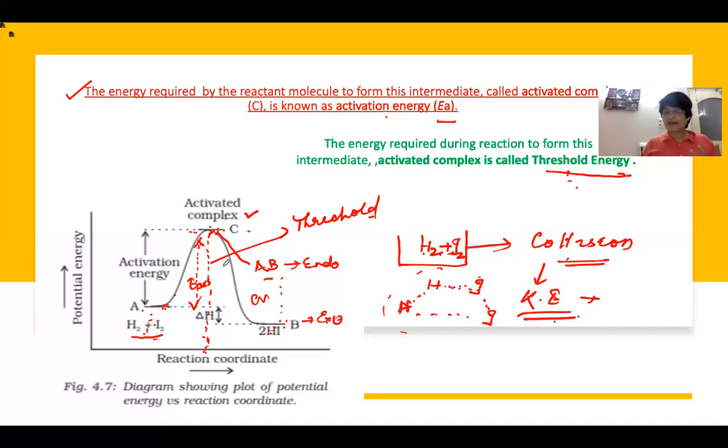For example, if you want to get a job, you have to be a graduate. So graduation is the requirement. That requirement is called threshold. And if you are in +2, how many more years are needed to acquire that activated complex state, meaning the criteria to go for a job, that can change according to the reactant molecules. It's named activation, but activation energy is also a requirement. It cannot be changed by increasing or decreasing temperature.